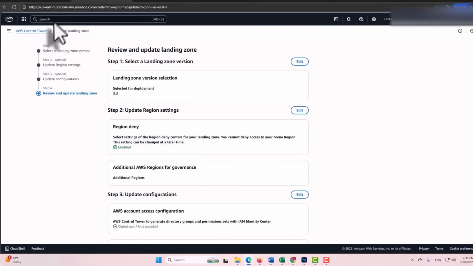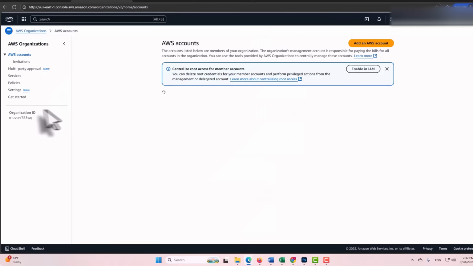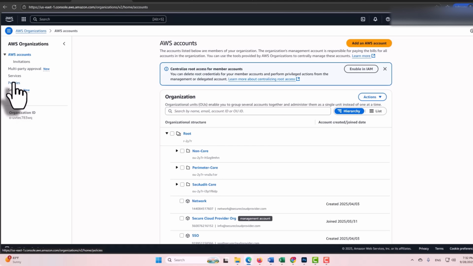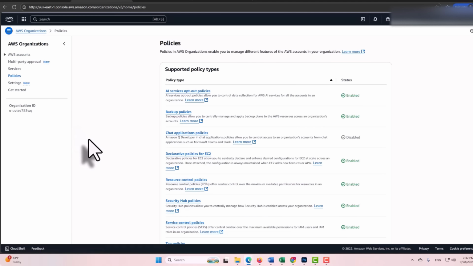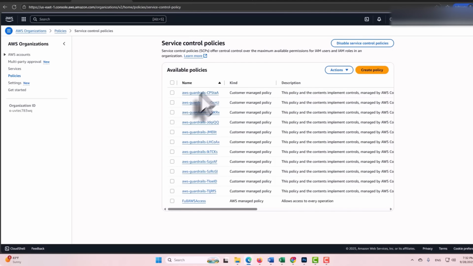All right, now to quickly go over to AWS Organizations. Here, as you can see, we have our policies that control all of the accounts except this management account in which they live. We have our AWS Services opt-out policies where we can disallow data sharing, and backup policies and chat application policies, etc. All of these that you see here. But Control Tower primarily focuses on service control policies and then somewhat on resource control policies and declarative policies as well. To take a super quick look at that in service control policies, here is where these controls are applied